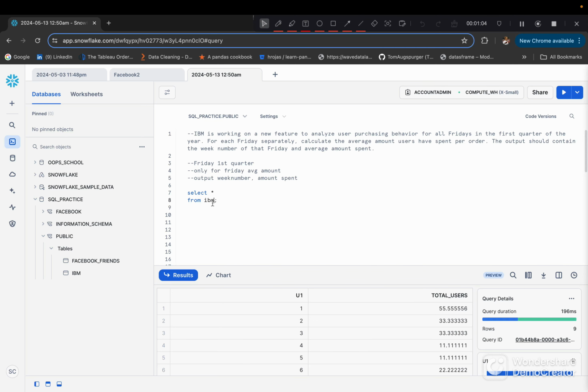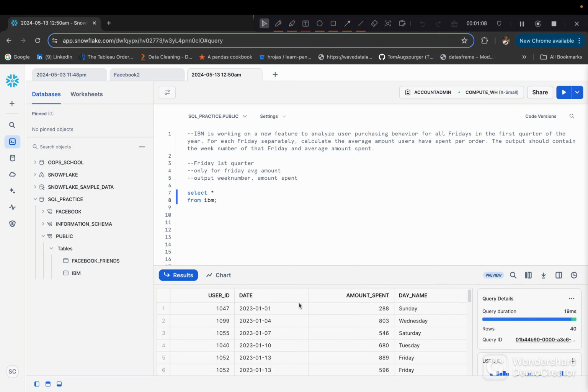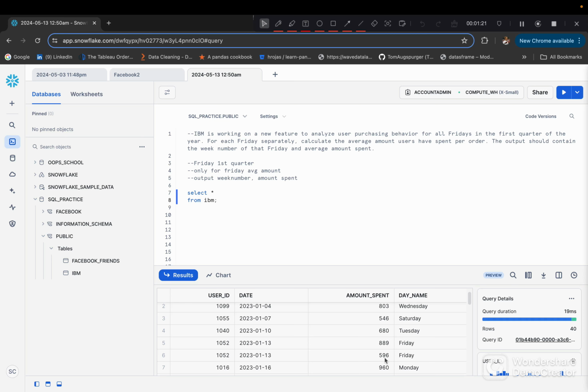Okay, got it. So I already uploaded the table, and here is how the table looks. It has 4 columns: user ID, date, amount spent, and day name, in which we can see the day name as Sunday, Wednesday, Saturday, Tuesday, Friday. So here we have to find out the average amount spent on the Fridays